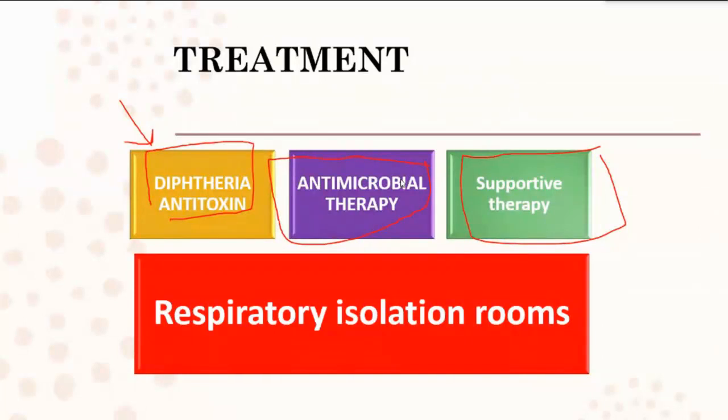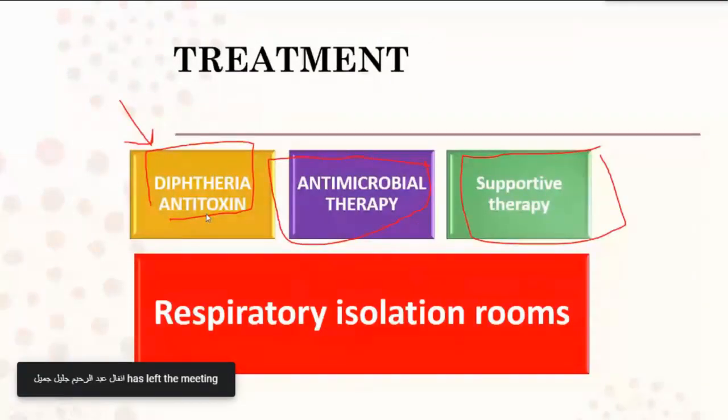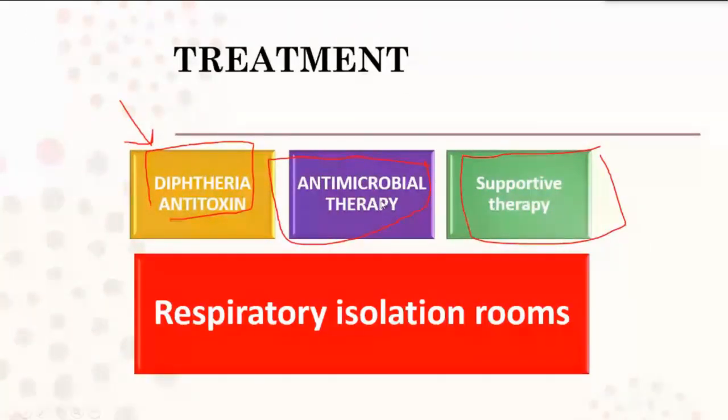But we always said that if you suspect diphtheria, you have to give first of all the antitoxin. Then we add antibiotics to eradicate the bacteria. If you could not eradicate the bacteria, then very good debridement of the pseudomembranes and securing of the airway are needed. The patient may need to be admitted to the RCU because of severe stridor and edema of the upper airway.